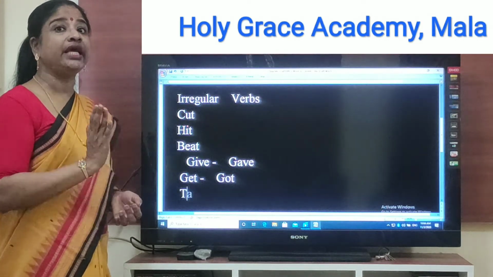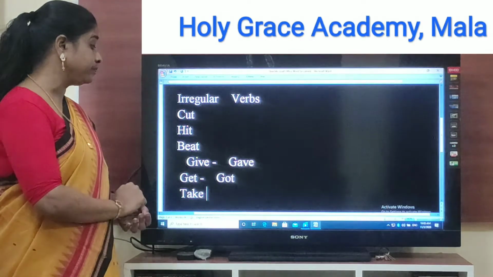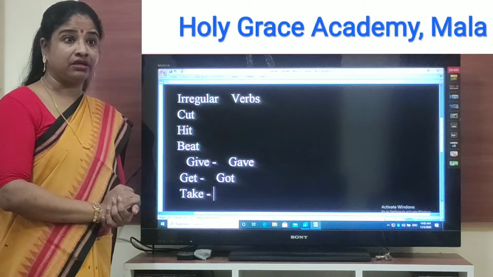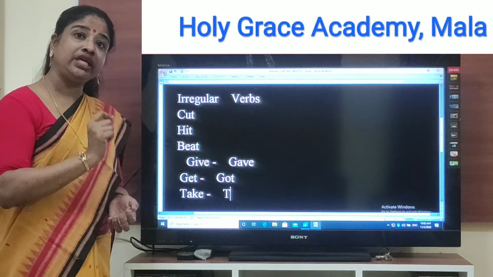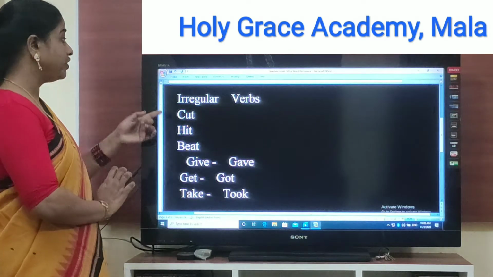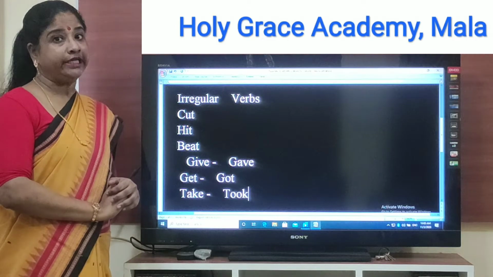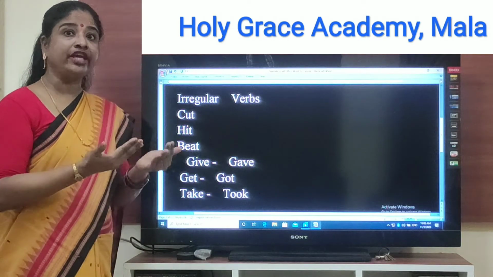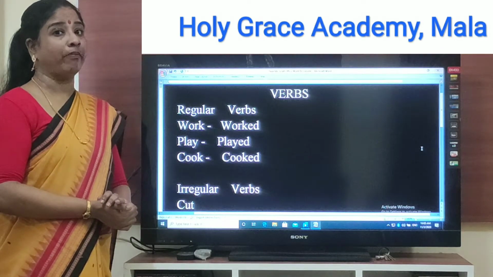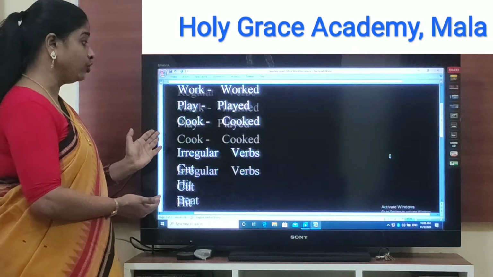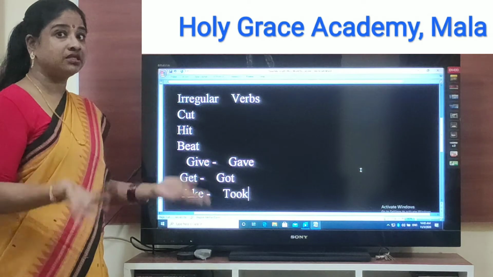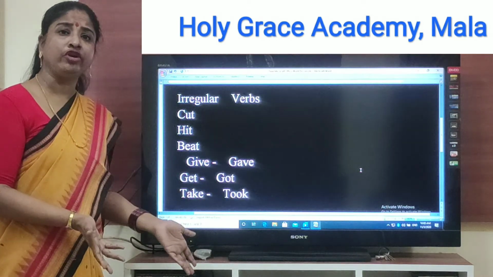Take. T-A-K-E, take. When I change it into past tense, it does not become taked. It becomes took. T-O-O-K, took. So you see, children, the difference between regular and irregular verbs. Regular verbs change into the past tense by adding the ed form. But irregular words sometimes don't change at all, and sometimes they change into a very new word.